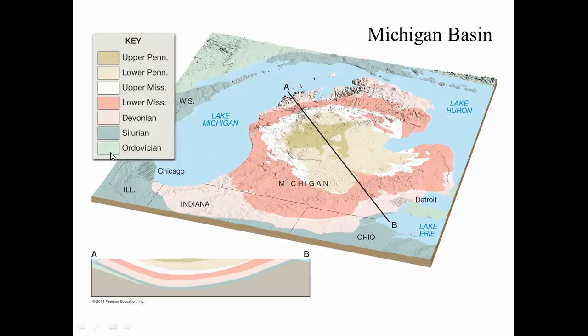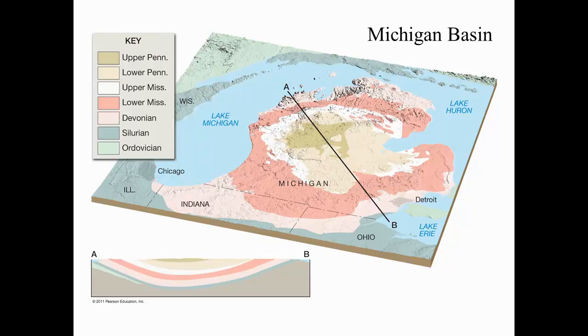And by convention, the oldest period within this region, the Ordovician, occurs at the bottom, and the different periods like Silurian, Devonian become progressively younger as we move up the key, so that within this area, the upper Pennsylvanian represents